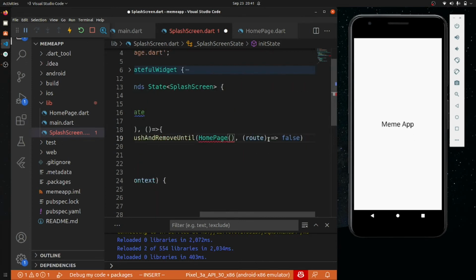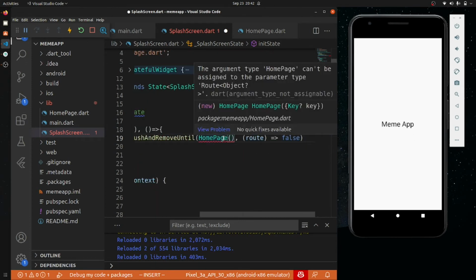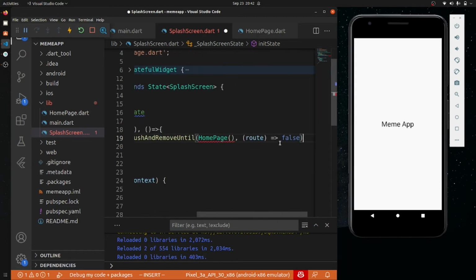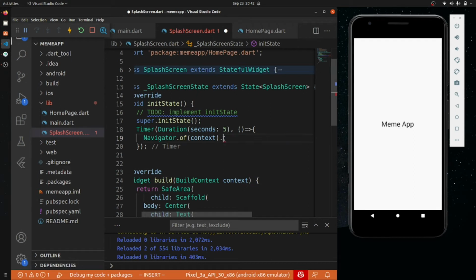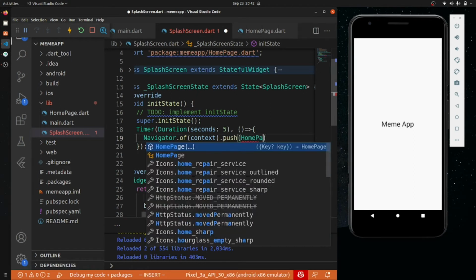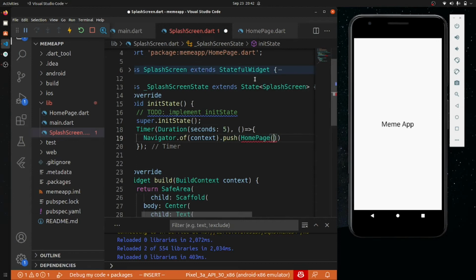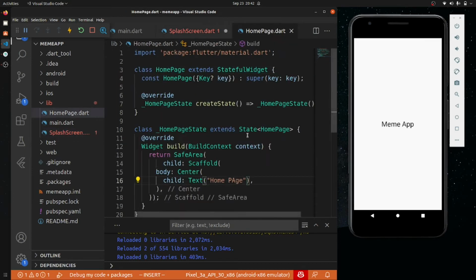Okay, one second, the argument cannot be assigned to this. So we will just remove this because it was not the case, and we will use push and again home. So why are we getting this?